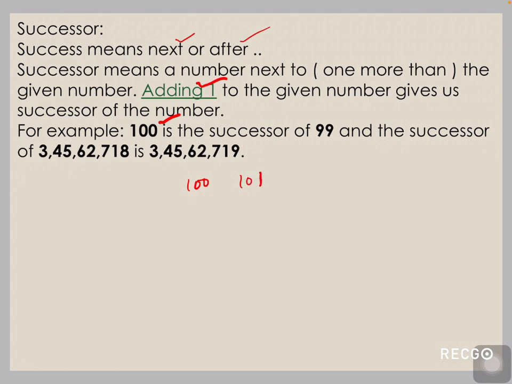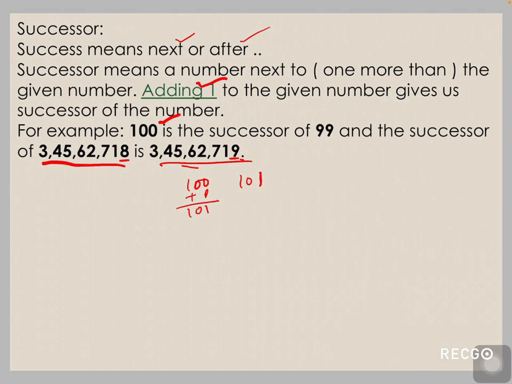101, because you are adding 1 here. Clear? So you will get 101. Now same, look at here, this is a big number, an 8 digit number. If you see, all the rest of the digits are the same, only we have changed the units place, the ones place. It is 3 crore 45 lakh